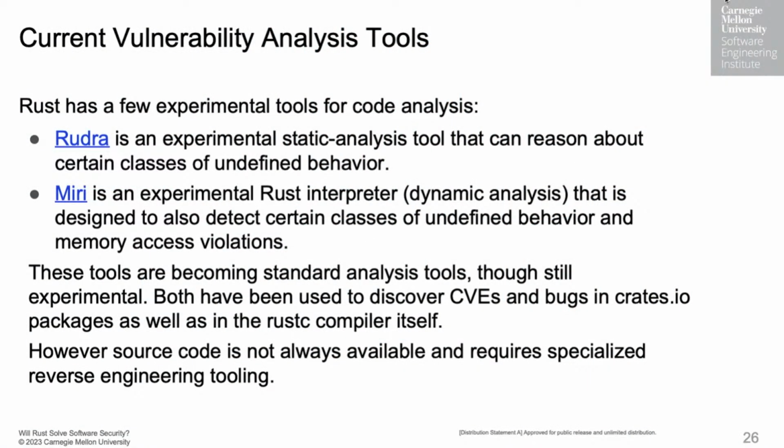Rust is a fairly new language, and therefore the market, or the set of current analysis tools, is still very embryonic. I have here two tools, Rudra and Miri, which are static and dynamic analysis tools for Rust, and they find very little. Part of the reason is that the borrow checker in Rust catches many errors that are caught by static analysis in C and Java. So a lot of the work that static analysis tools have to do in older languages, they don't have to do in Rust because the borrow checker does it for them.